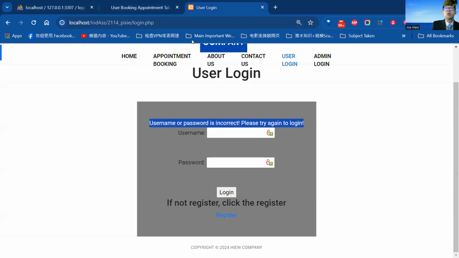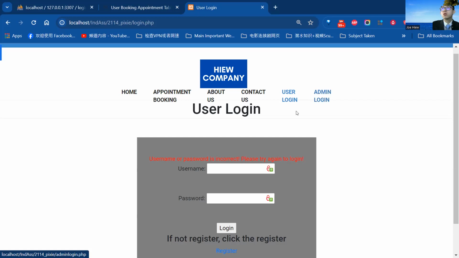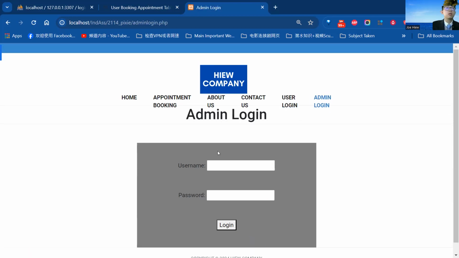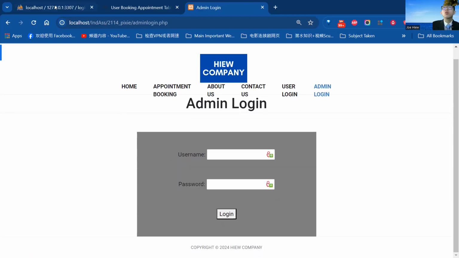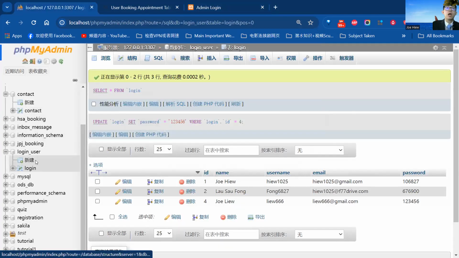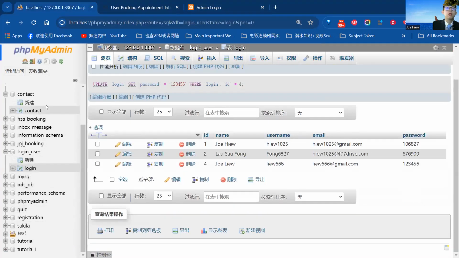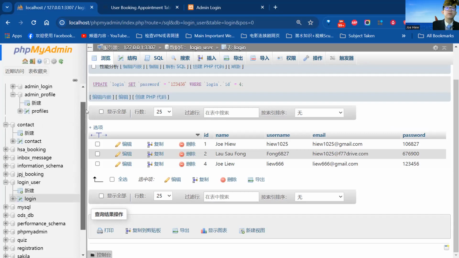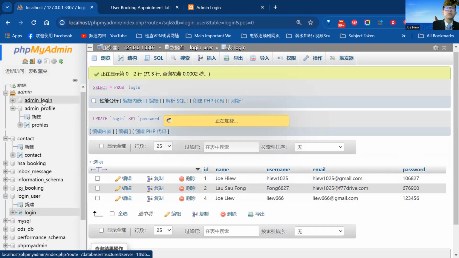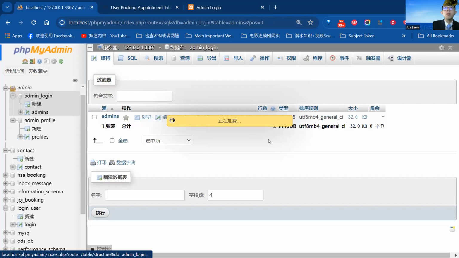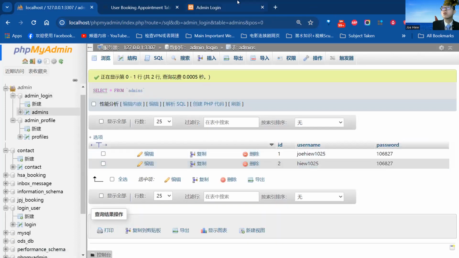Yeah, this one is the coding problems, but the layout is okay already, but this thing has a little bit of a problem. Next, the admin login. So admin login will be linked to there. Admin login. So the admin login, this need